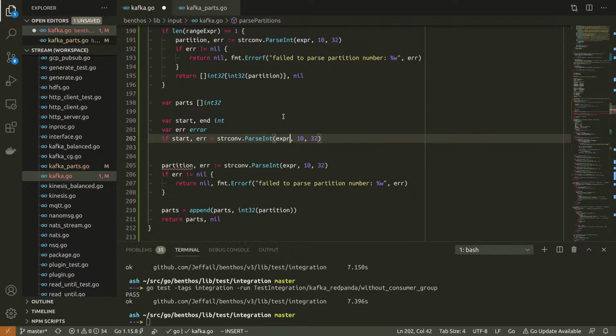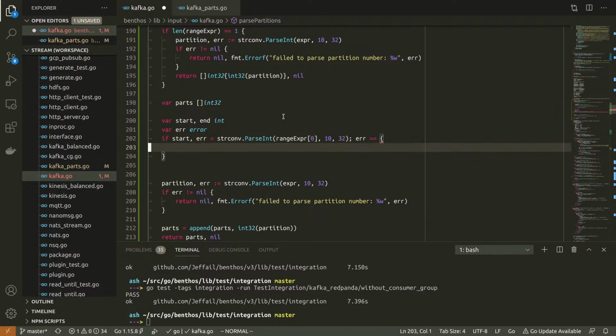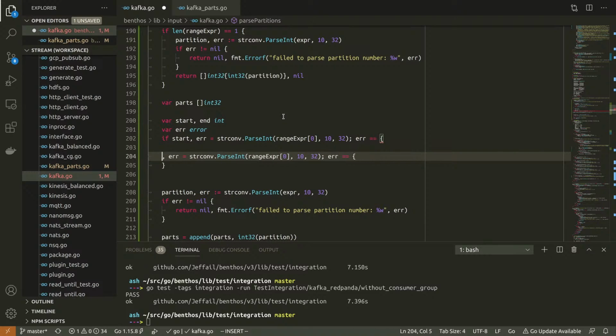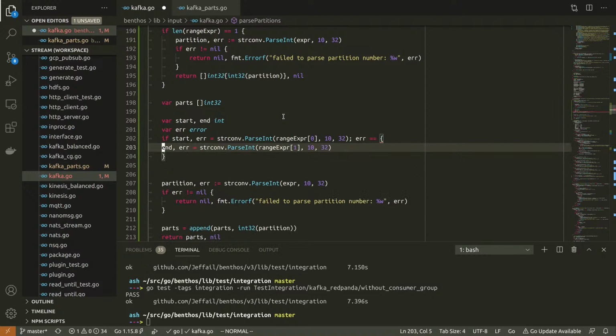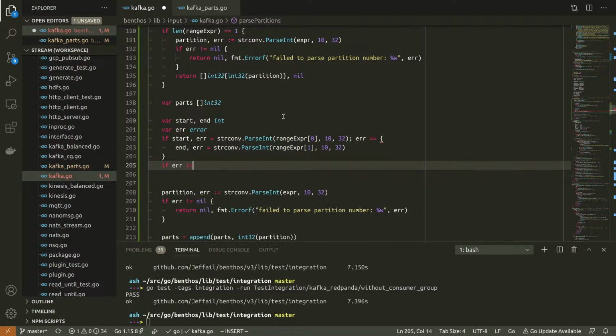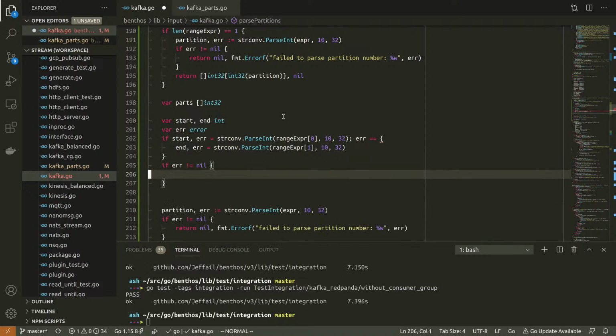I'm not really thinking, I'm not really brain good right now. I do this a handful of times throughout the code base. No, I'll tell you what, I don't like this.